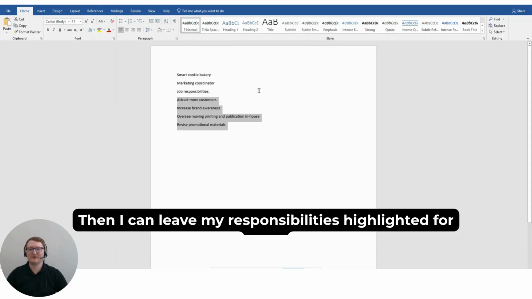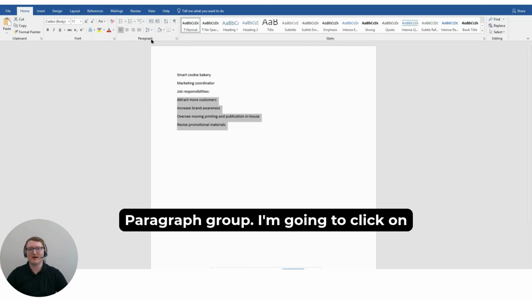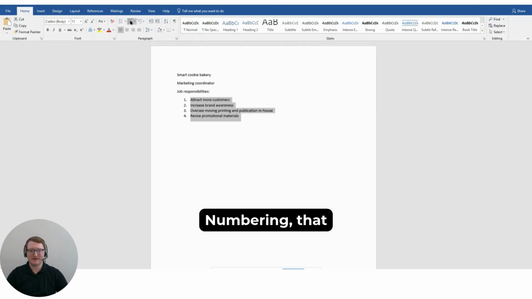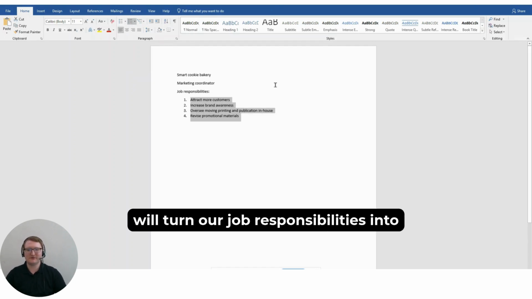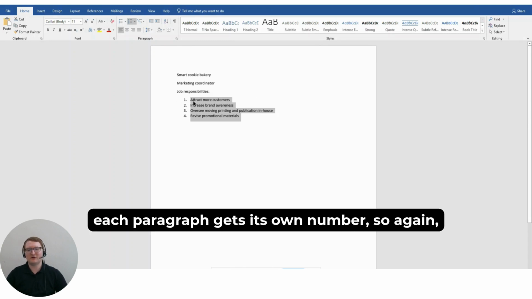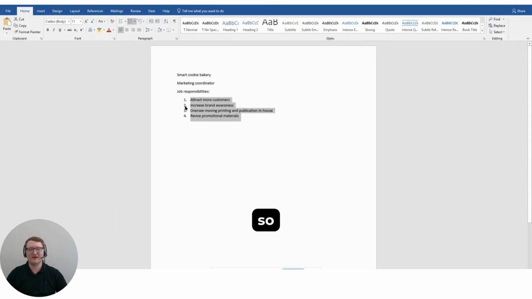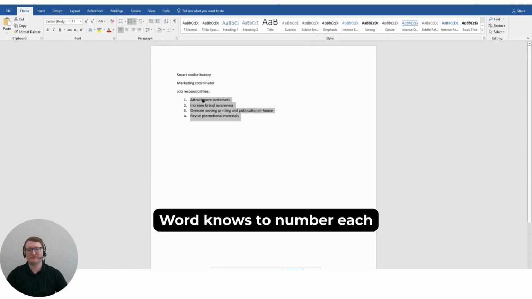Then I can leave my responsibilities highlighted for now, then go up to the Home tab, Paragraph Group. I'm going to click on Numbering. That will turn our job responsibilities into a numbered list. Now each paragraph gets its own number, so again, each line is its own paragraph, so Word knows to number